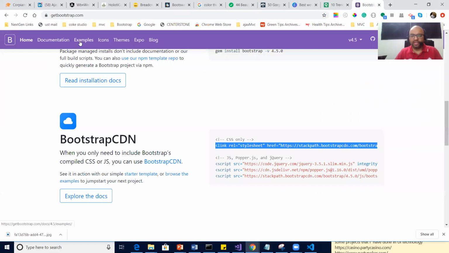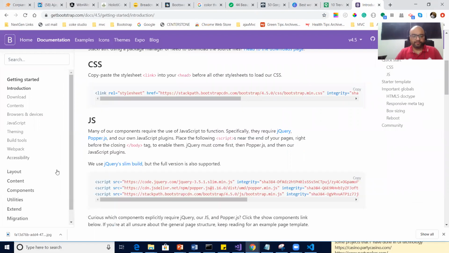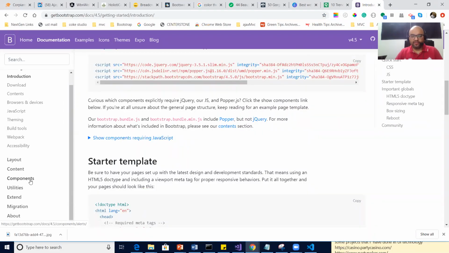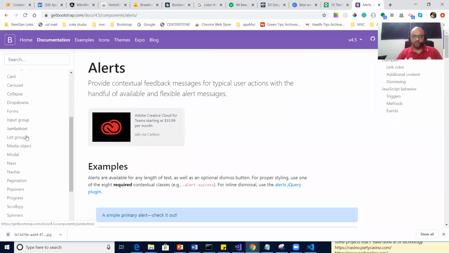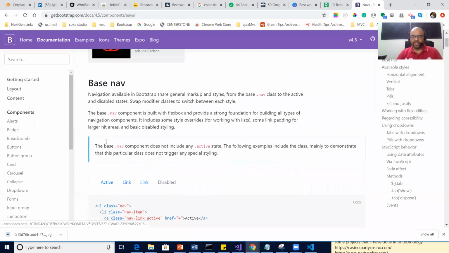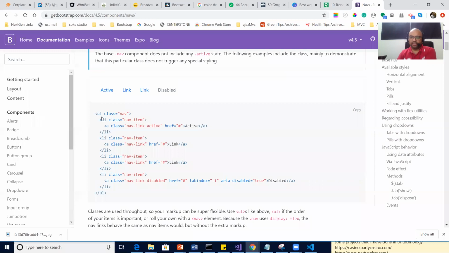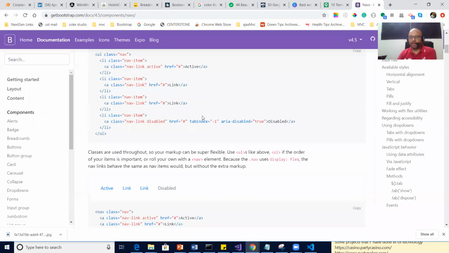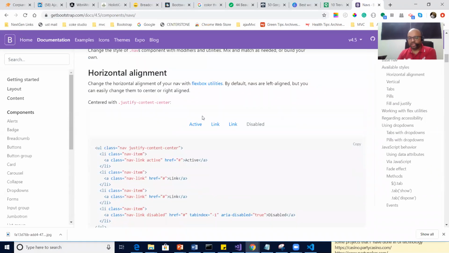Go to the Bootstrap site, go to documentation. In the documentation, on the left-hand side, you'll find components. In the components you go down and they have navs. See, navs. In the nav section, you will see the links, correct? This is how you should put a link. So links will come like this: home, about us, contact us, food, this, that, everything. Do we have little fancier nav bars? Let's check.